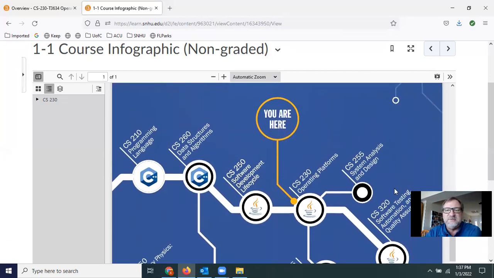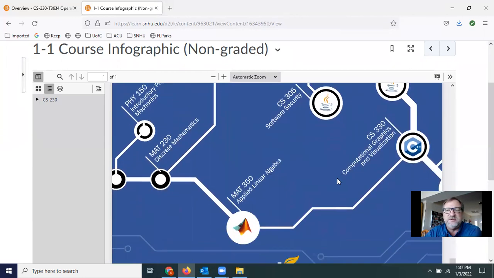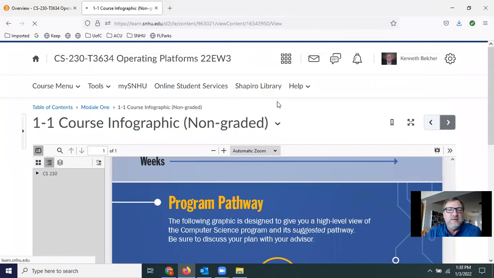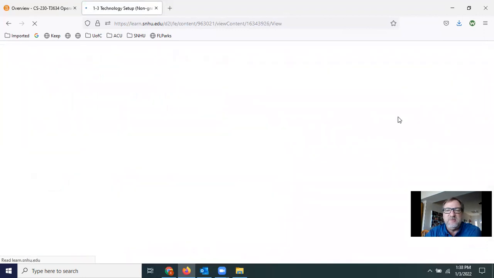And you can look at the classes, like I said, where you are in the program and the upcoming classes in your program. That was the infographics, and then the discussion. Like I said, we went over the introductions,